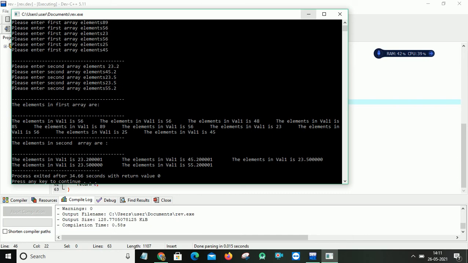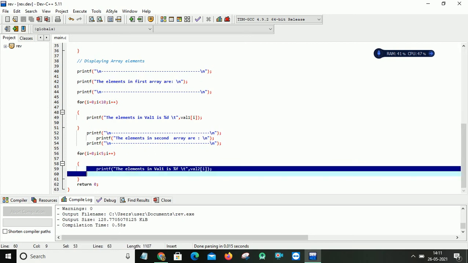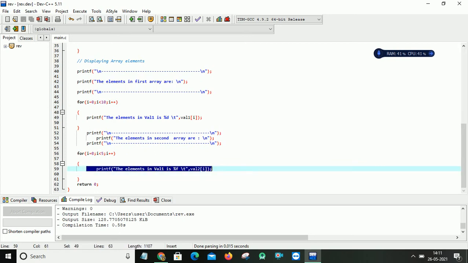I don't want to repeat the statement "the element in val1 is" every time, so I'll make one more change in my program. I don't want to print it every time, so I just take this statement out of the for loop.